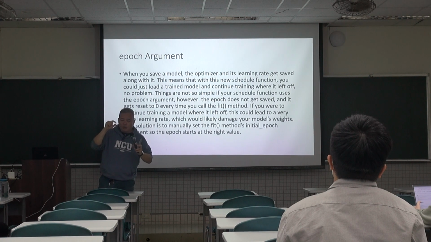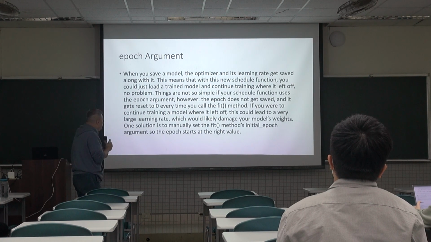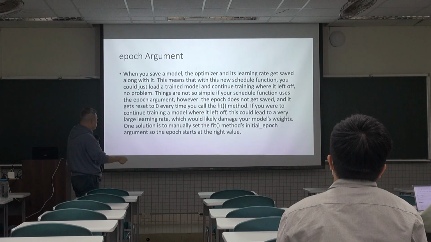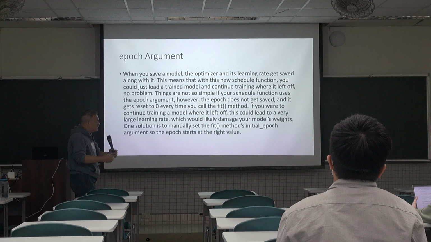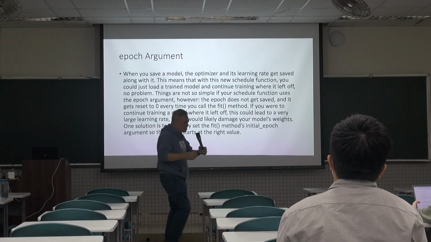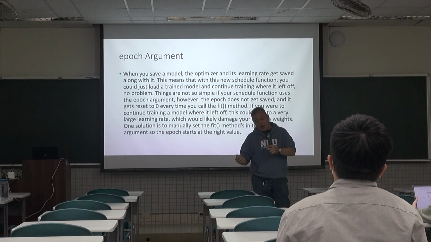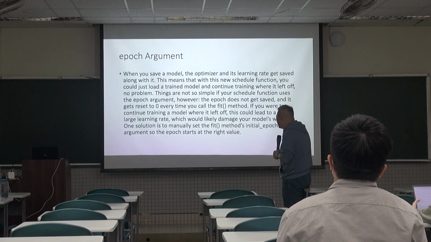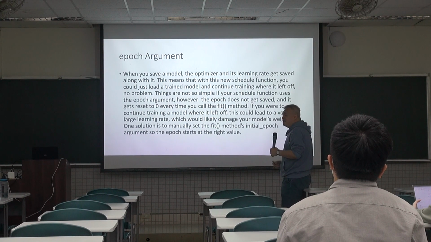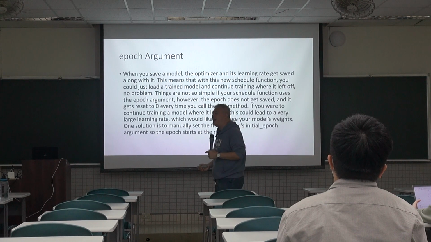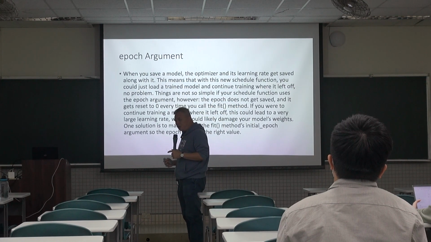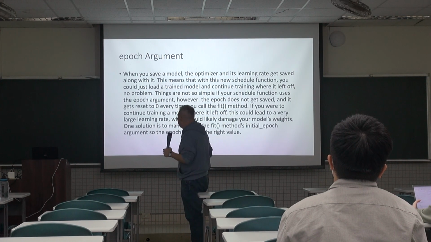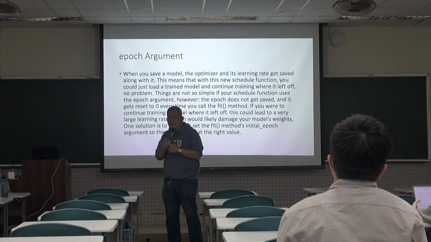So what you do is, when you restore this model and want to train it from, say, epoch 101, you can use an initial_epoch argument in the fit method to specify that this is epoch 101, so that the learning rate schedule knows that this is the 100